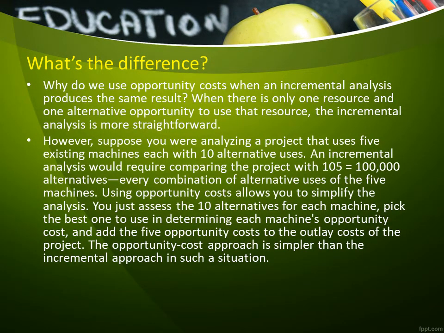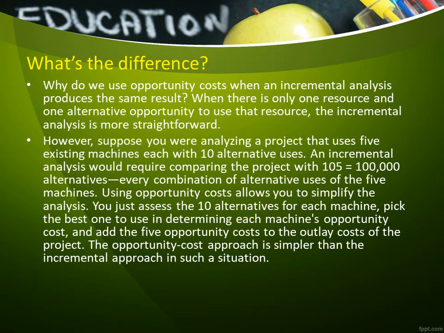What's the difference? Why do we use opportunity costs when an incremental analysis produces the same result? When there is only one resource and one alternative opportunity to use that resource, the incremental analysis is more straightforward. However, suppose you were analyzing a project that uses five existing machines, each with 10 alternative uses. An incremental analysis would require comparing the project with 10^5, that's equal to 100,000 alternatives, every combination of alternative uses